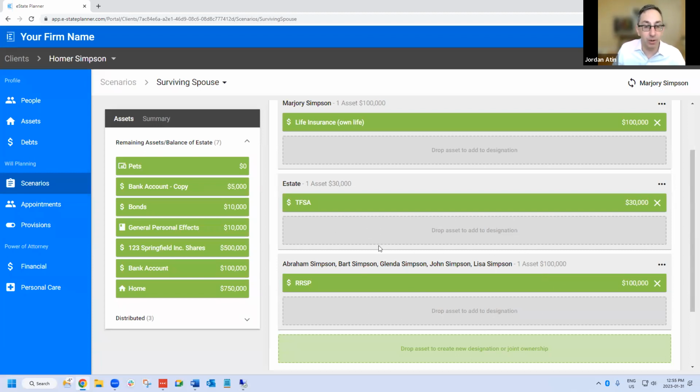It's a warning to the client that you're going to save probate tax on this, but you may not have an equal distribution. If one of these people dies, and let's say they were all equal residuary beneficiaries with gift overs to their issue, for example, that's different. This is like a per capita distribution, versus the residue, which might be a per stirpes distribution. So you could have a disconnect if there's a predeceasing beneficiary of the RSP. That's something to remind the client of if they're going to do that.